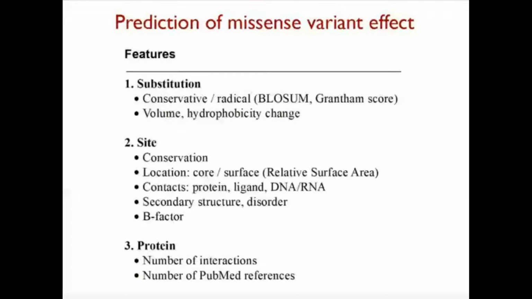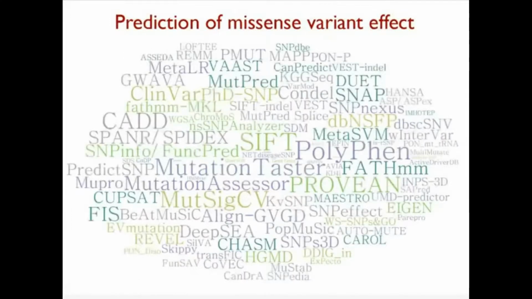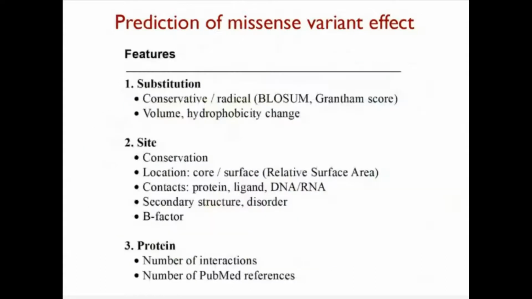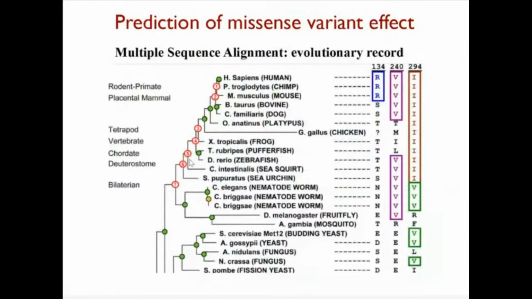And there are millions of methods for this. And the most effective feature mentioned 2 slides before, let me roll back, the conservation. This is a very wide notion. So the most effective feature that most of the methods use is position-specific conservation, or the analysis of orthologous proteins. The question is what amino acids are observed at this specific position in this protein family. If the replacing amino acid is okay for any other homologous protein, then it's probably okay